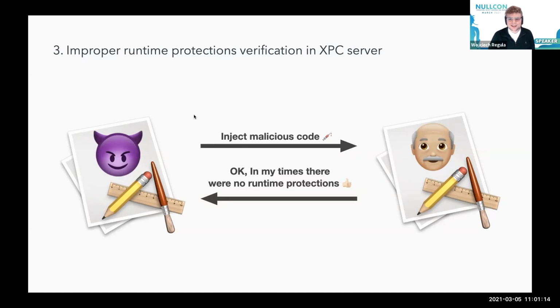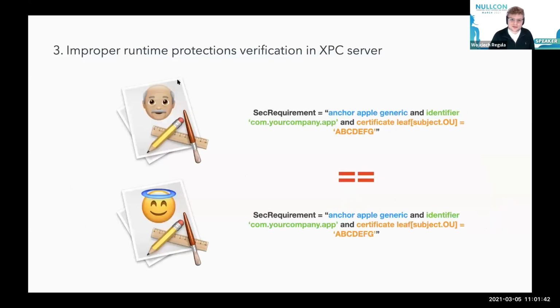So we decided to inject to an old versions of the XPC clients, and because these clients were developed before macOS Catalina, the code injection was possible. So even on the newest, for example, macOS Big Sur, it's still possible to inject to them because they didn't implement the hardened runtime. But what it gives to us? In macOS,